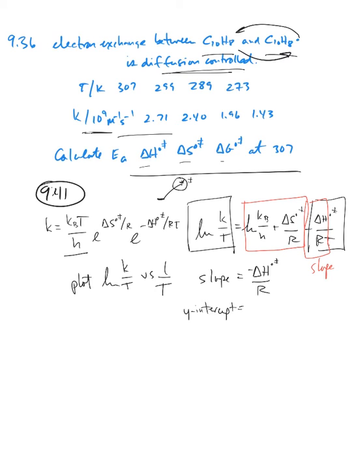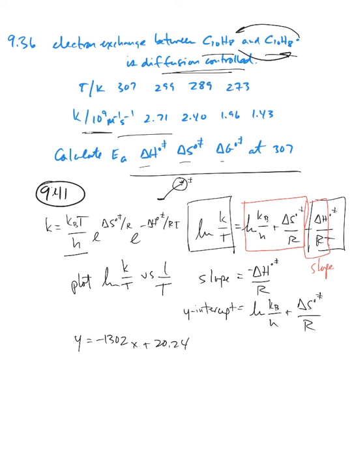And so I have natural log of Boltzmann over Planck plus delta S over R. The best fit line for this plot I did, and I got minus 1302 x plus my y-intercept